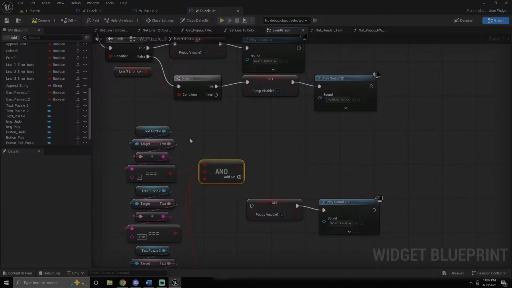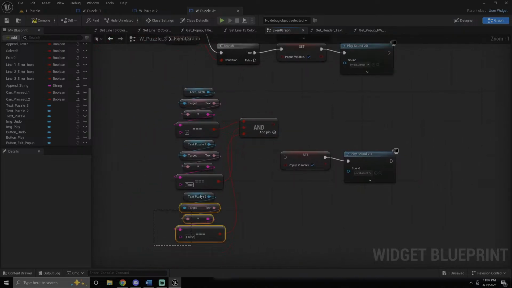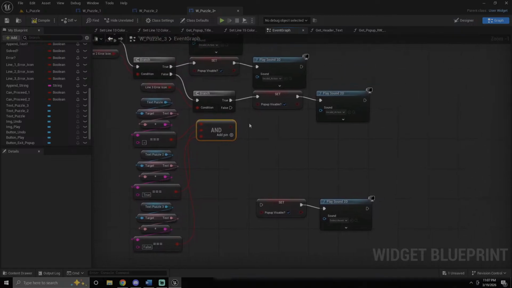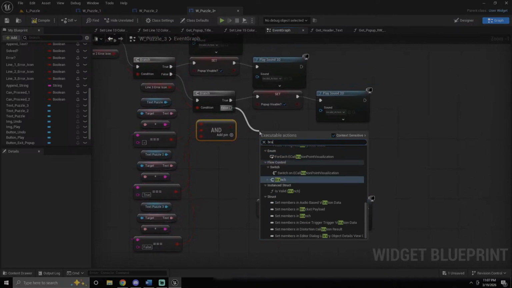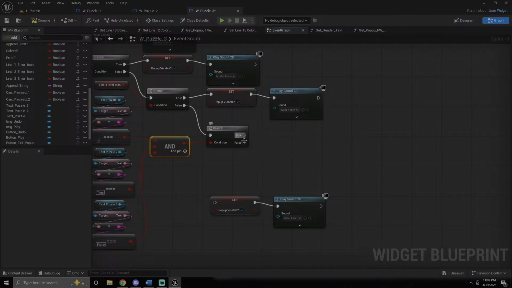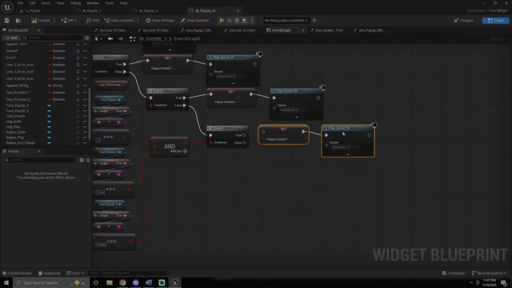So, if there's no error icons, and all of this is correct,